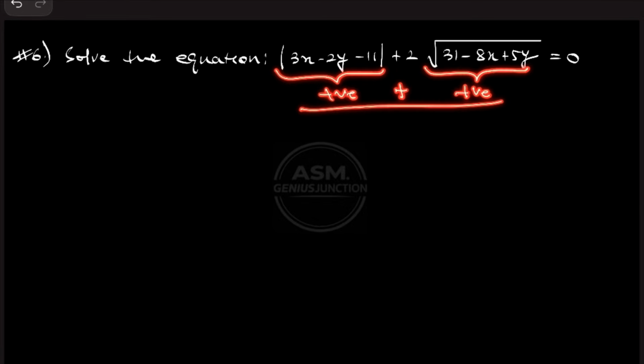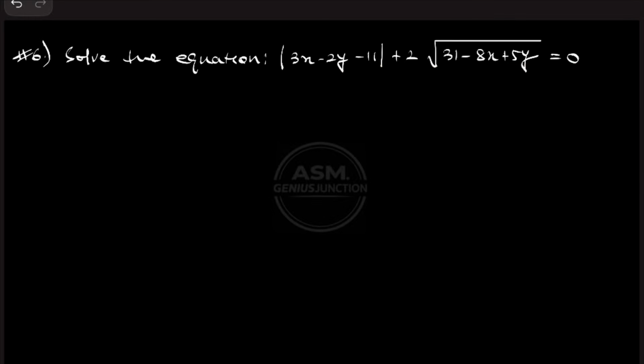Even after adding two positive quantities, I am getting 0. How? If you use your simple mathematics, you can say that both the functions should have their final values as 0. This is the only possibility, otherwise you cannot get 0 if these two values are having other than 0 positive values. So what I'm going to do in this question,